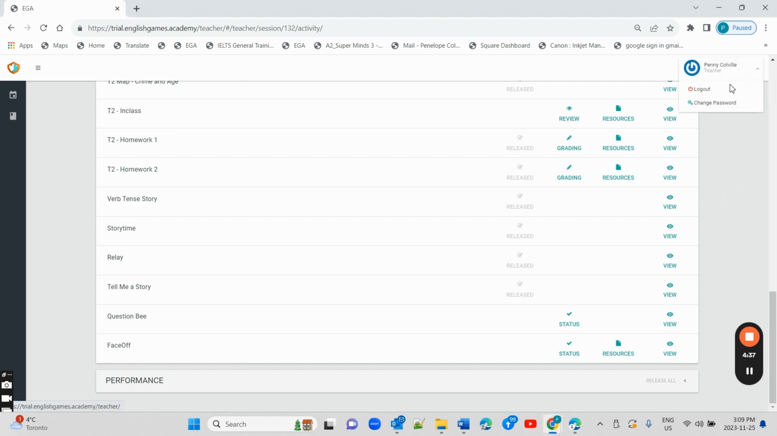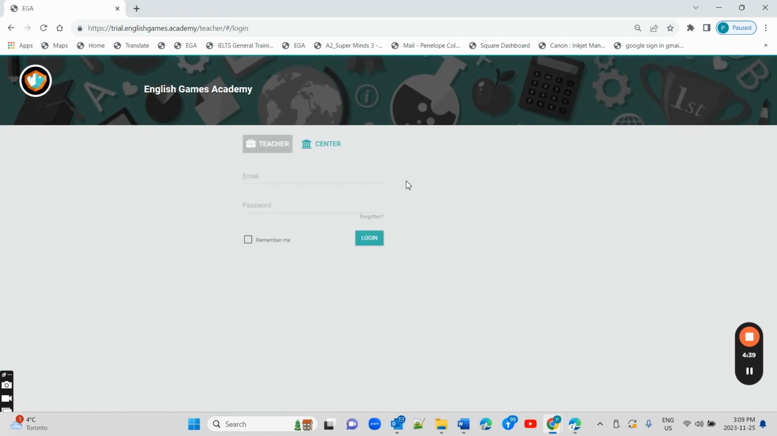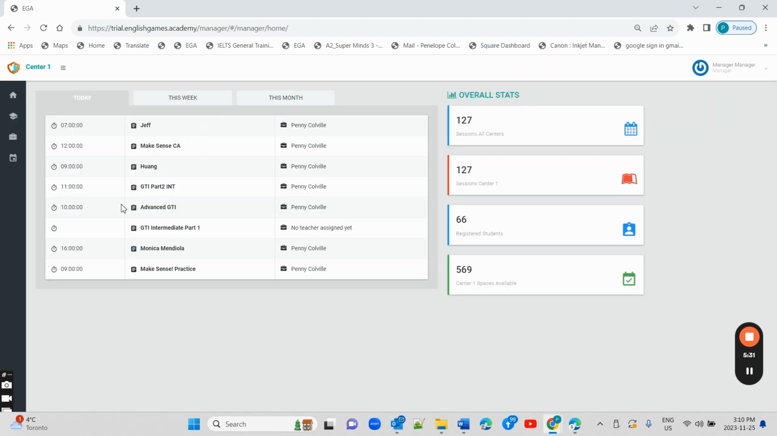Now, the management, however, they have a completely different role. So let's log in as the manager, and I'll show you how that works. Manager has certain responsibilities, or the management function does. So what are we looking at here? Here are the overall statistics. How many sessions are operating in all your centers, how many students you have,